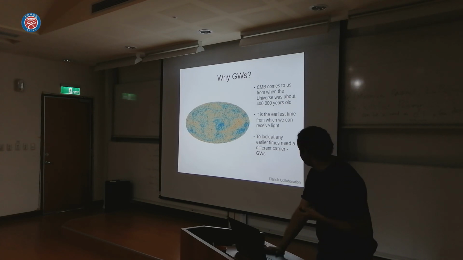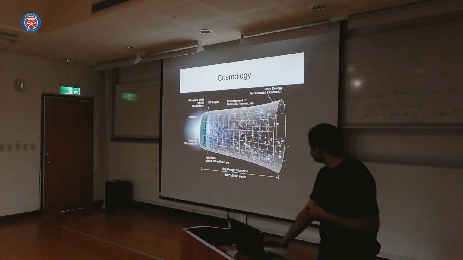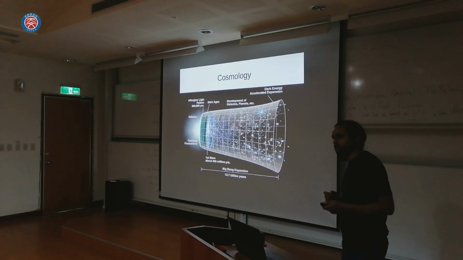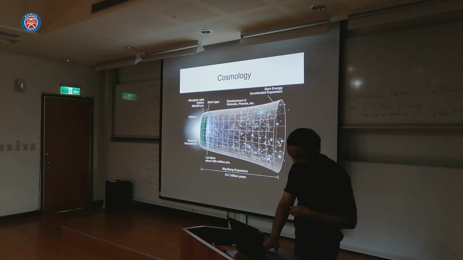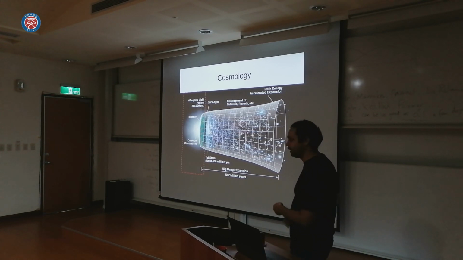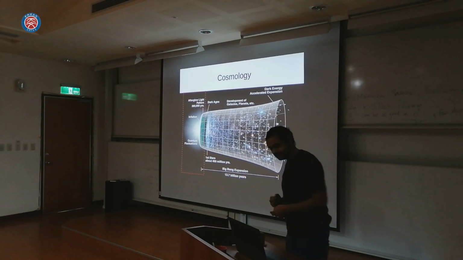So what kind of information are we interested in? As cosmologists, the primary questions of interest to us are things like how old our universe is, what it is made of, how it evolves over time, maybe what its eventual fate is, and also how it all began. This last part, the beginning, is what I want to talk about today.